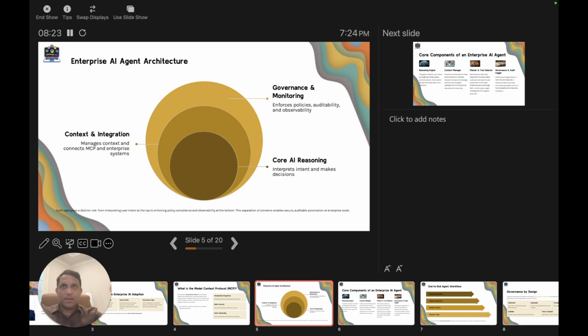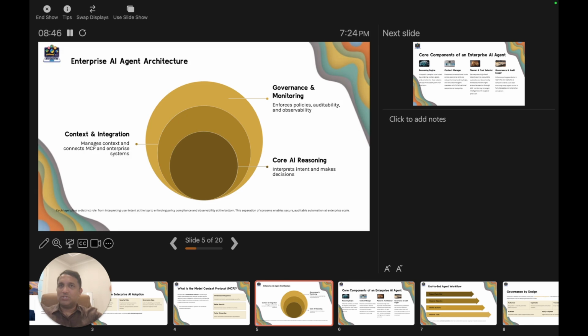I think about an enterprise AI agent as 3 concentric layers. At the center is the core AI reasoning. Treat this as the brain in a human body. It interprets intent and makes decisions. Around it sits context and integration.